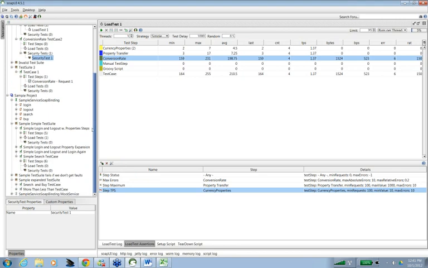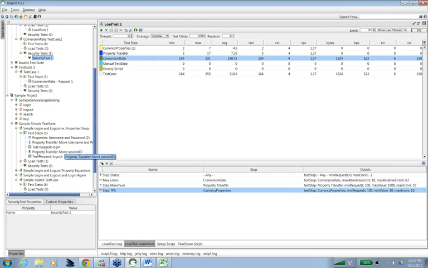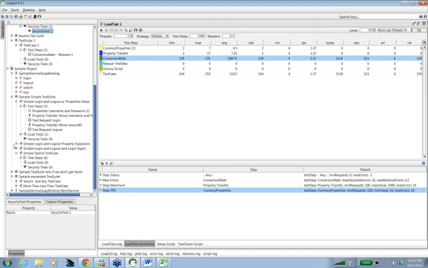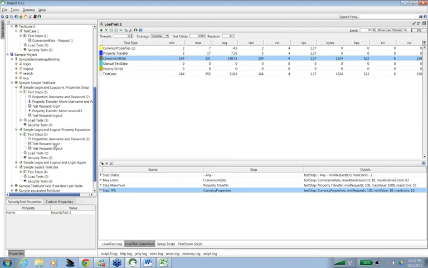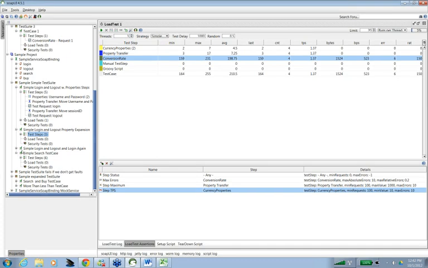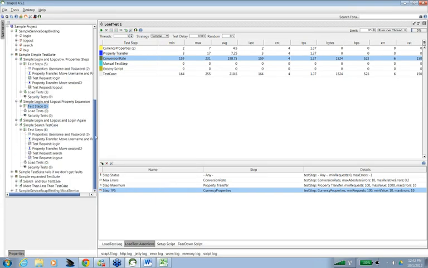They have created test steps like properties, property transfer, login and logout. In this one they have used test steps like only login and logout. Here they haven't done any property transfer, so I don't think it is of much use. Then simple login, simple search, so you can create test cases according to this also.